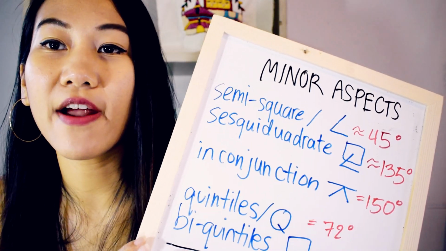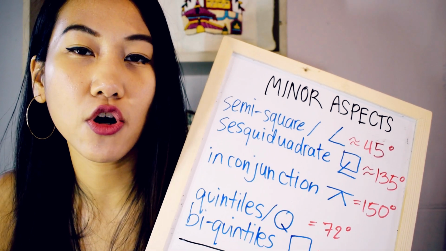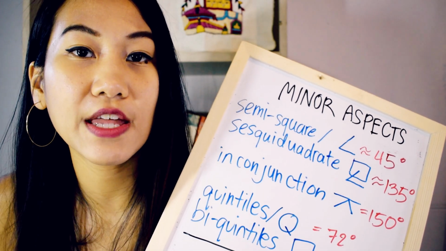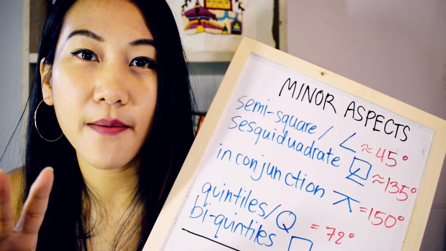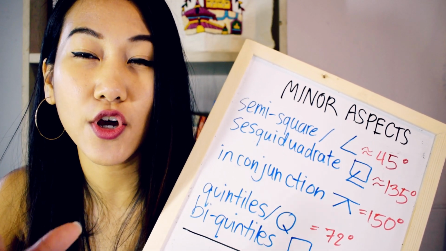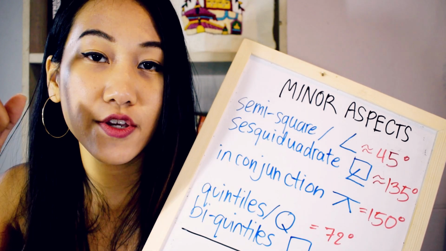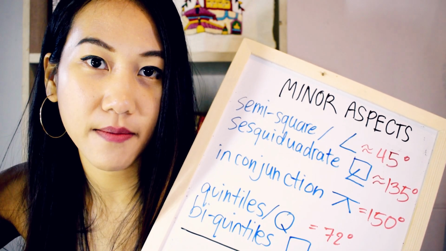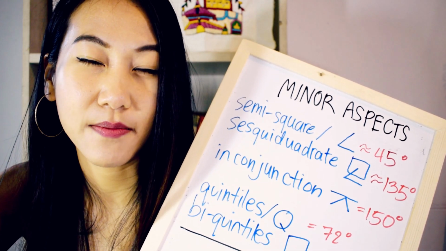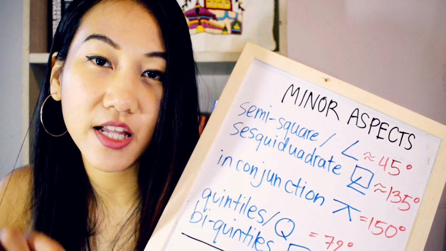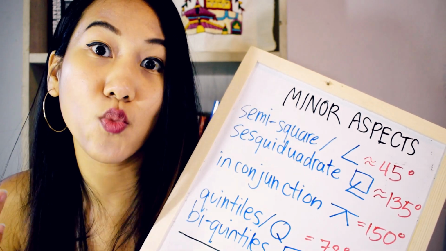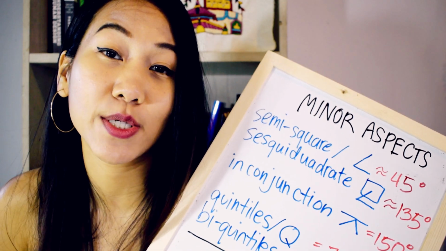These minor aspects show up as gray lines within the natal chart from astrocharts.com. So what I would suggest is, if you have a look at your major aspects list, you can click at the bottom where it says minor aspects. Just click on that and it's going to give you in written words what minor aspects you have going on in your chart.